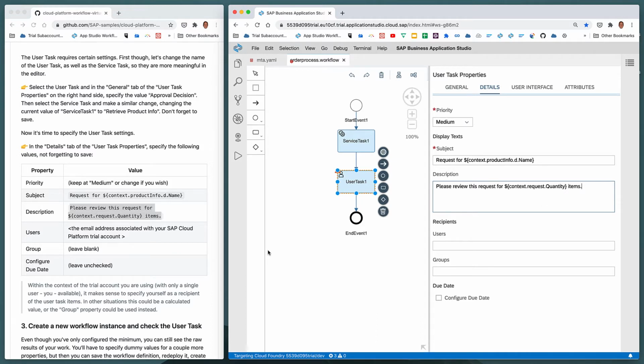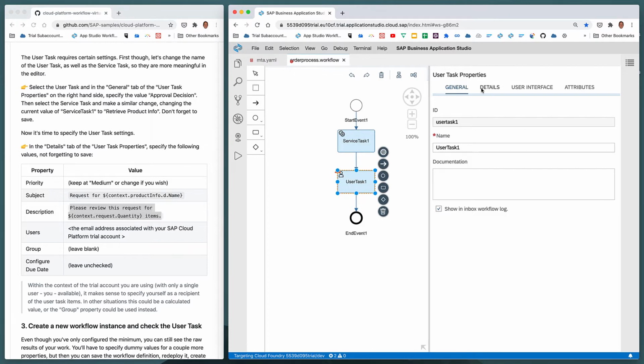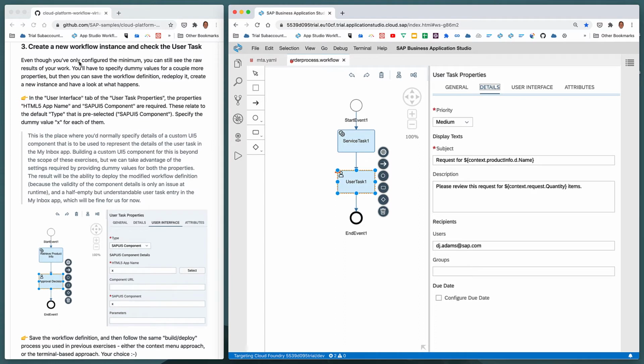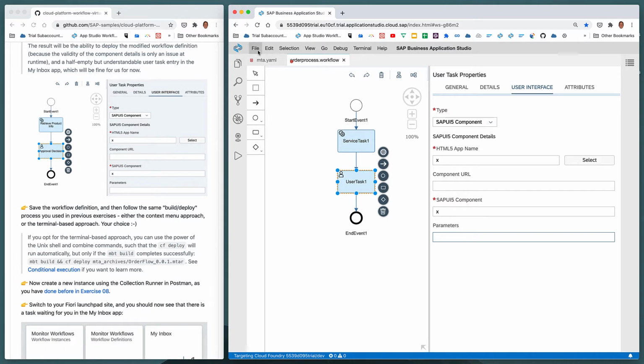Now, in a trial account, it makes sense here to use my own ID, so I can send myself the user task. We don't need to send the user task to a group, and we also don't need to configure the due date. So that's fine. So as far as we're concerned now, we have details specified, but there's one more thing to do before we can actually deploy that to the cloud platform. In the user interface tab, we also need to specify how that given data is to be displayed in the context of the user task that's created. Now, normally this is where we'd specify the component ID of a specific UI5 based HTML5 app, for example. But for now, we're just going to put some dummy values in just to satisfy the editor. And with that, we can actually make sure that everything's saved